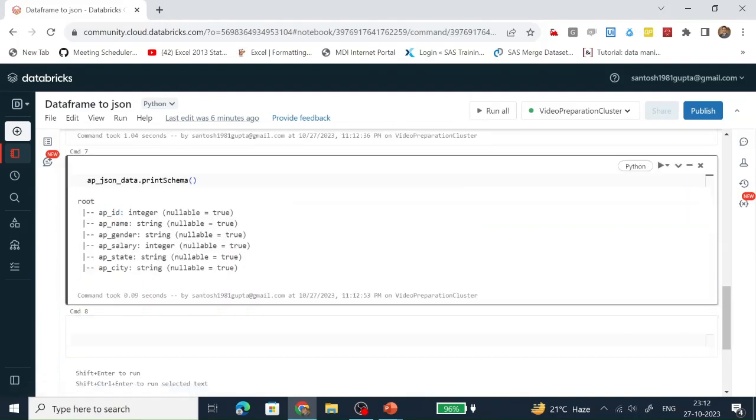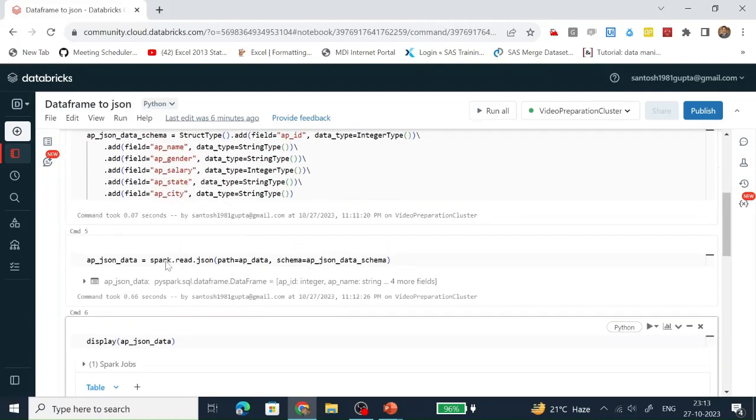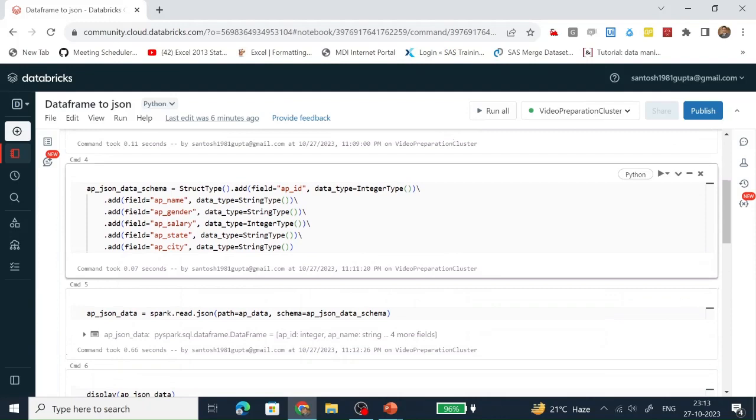AP ID is of integer type, AP salary is of integer type, rest of the columns are of string type. Same thing we have defined.